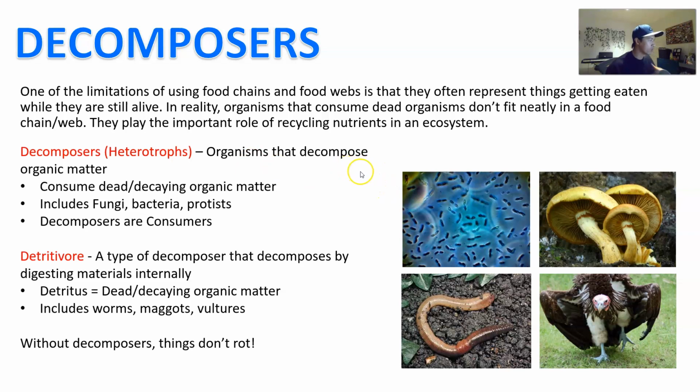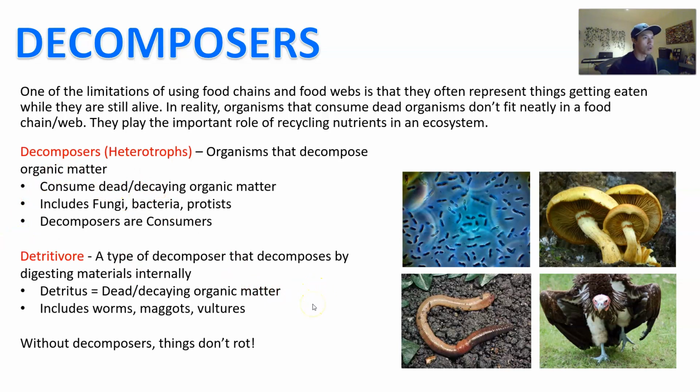You can have a category of decomposers called a detritivore. Now, a detritivore is an organism that decomposes by ingesting and eating it internally, right? And that sounds like a weird distinction, but it's kind of an easy way for us to differentiate what most things do, like the vulture, which is a detritivore. It's going to eat and put the food in its stomach, unlike something like a bacteria or a fungus or a mold, which doesn't ingest it internally, but rather just eats away at the food, and we call that a decomposer, right?